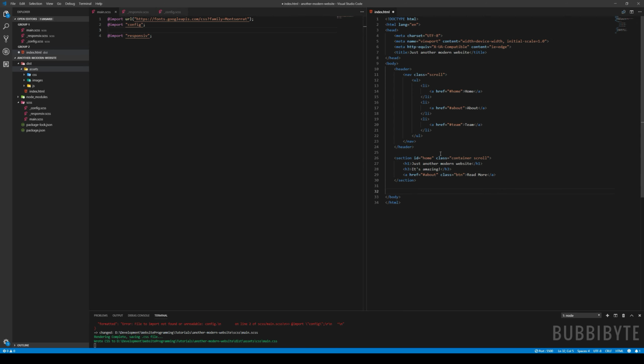Alright, so now we need to add in the about section. Same procedure: section, hashtag to get the ID, dot to add the container class and the scroll class, and put in another h1, we'll call it about, and put in an h3, and let's say this is our about,